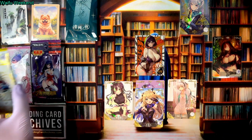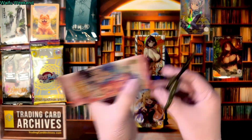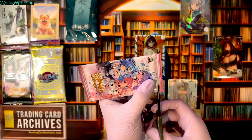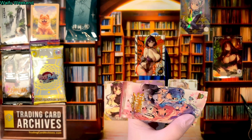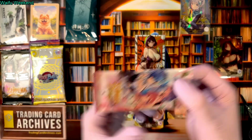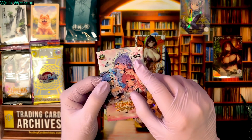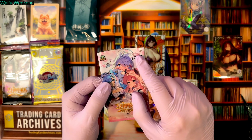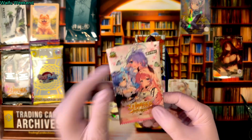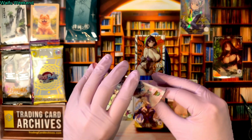And so that's that. Let's open another Goddess Story then, keep things going. So that was a 2 UN pack. This is a 1 UN pack, and that just refers to the suggested sale price. You know how Arizona tea has 99 cents on it? All these packs have 1 UN per pack written on them like that, and the idea is that that is the suggested price that you would sell this at in your